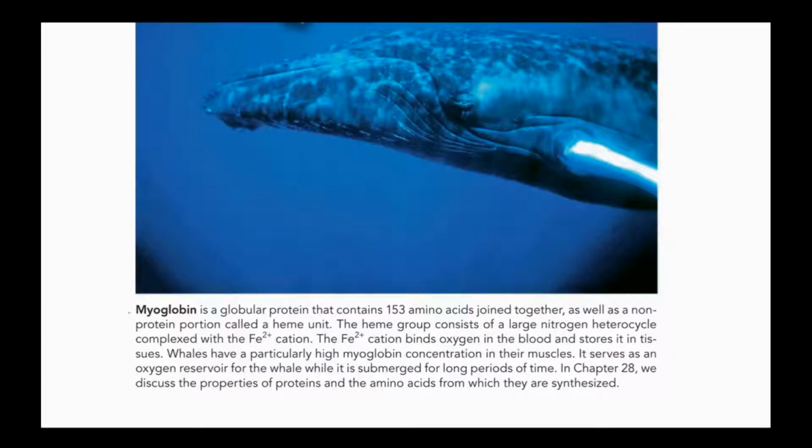So myoglobin is a globular protein that contains 153 amino acids. So in myoglobin there are 153 amino acids joined together, as well as a non-protein portion called the heme unit. The heme group consists of a large nitrogen heterocycle complexed with an iron cation. The Fe2+ cation binds oxygen. This one binds oxygen in blood and stores it in its